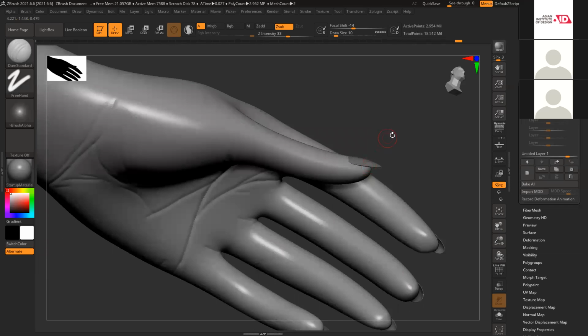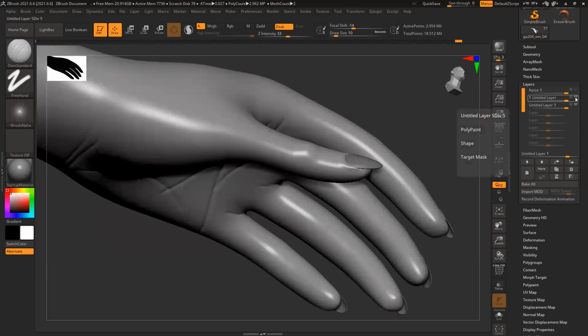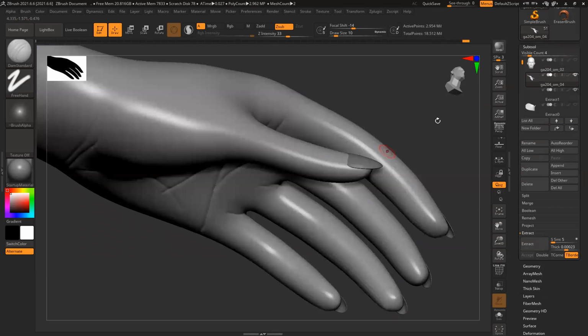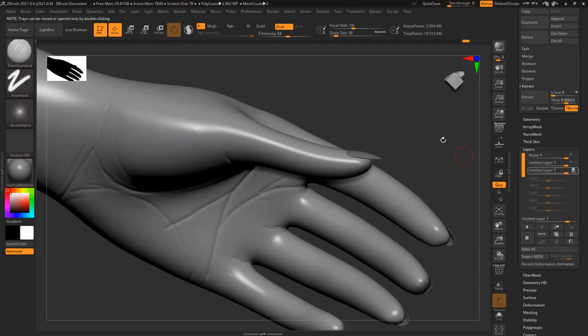Then the knuckle is somewhere here. I have to check where it is. Okay, record on. Okay, it's on only.